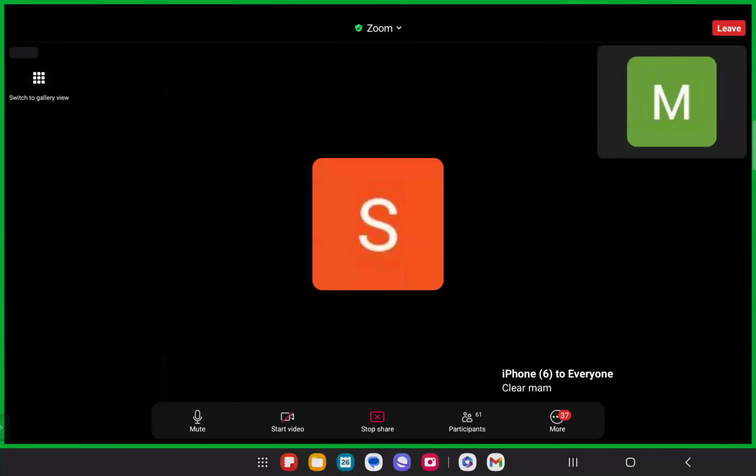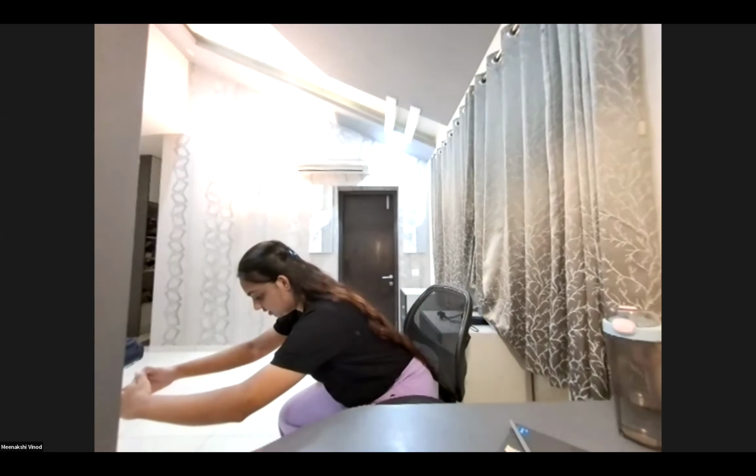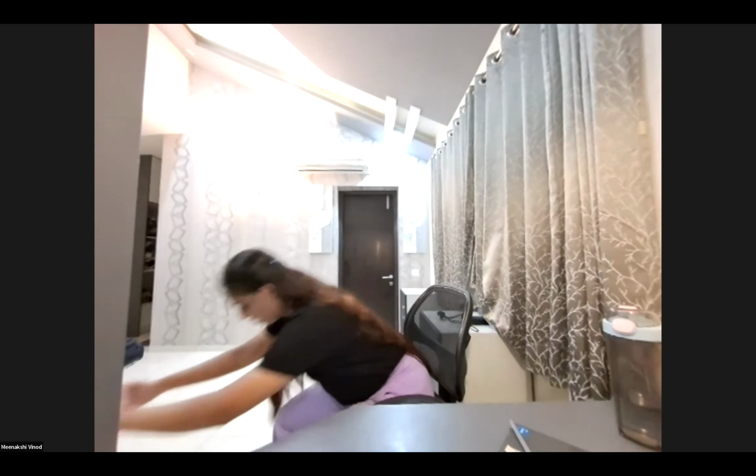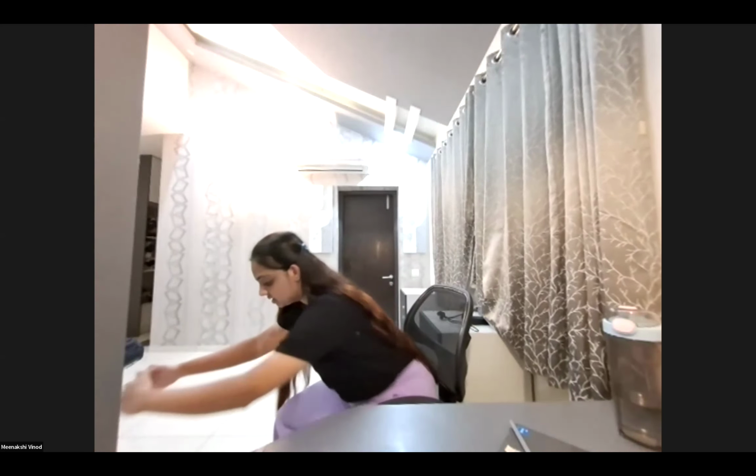So this is how I meant by, you should get creative with the basic exercises. I'll do it on the chair for you. I think it will be clear. I have not inflated my ball, it just got deflated, that's why. Okay, so am I visible? So this is your rocking ball hug position, right? You rock them forward, backward, and then sideways. So this is kind of trunk lateral flexion, right? Am I visible and clear?